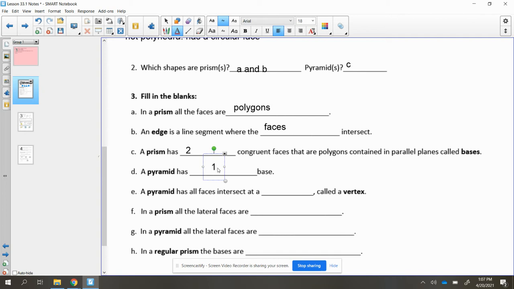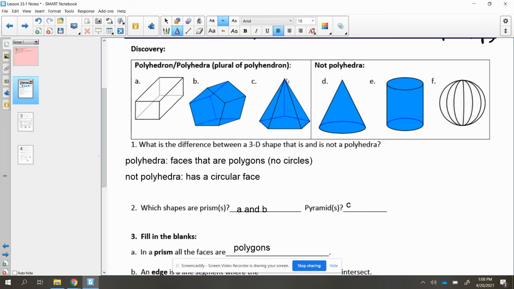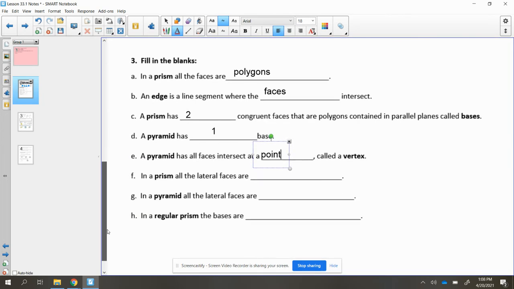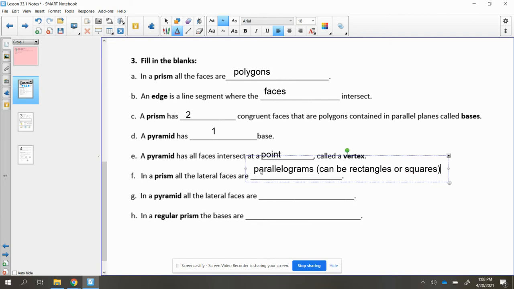A pyramid has all faces that intersect at a point called the vertex. So we see this up in our pyramid. They're intersecting up here at the tippy top. That is our vertex. And when we have a prism, all of the lateral faces are going to be parallelograms. Specifically, they can be rectangles or squares. We say parallelogram to be the over-encompassing term, or you could say rectangles specifically. And in a pyramid, all the lateral faces are